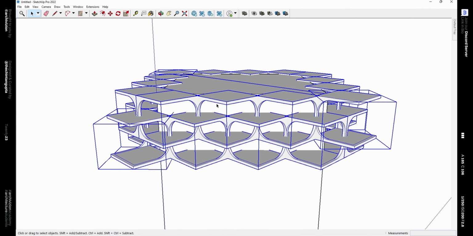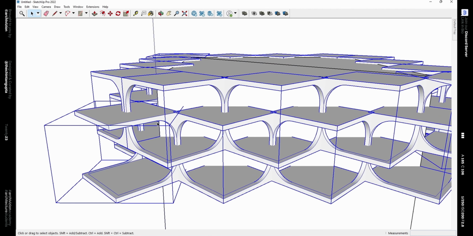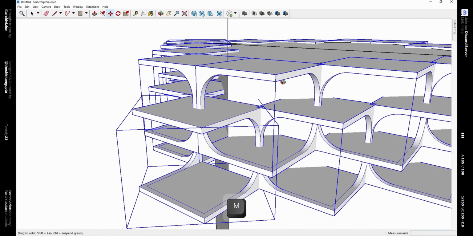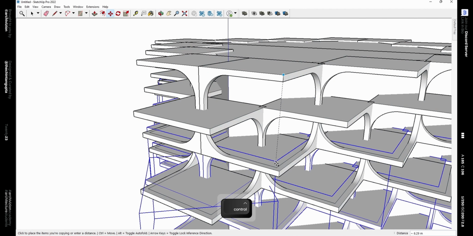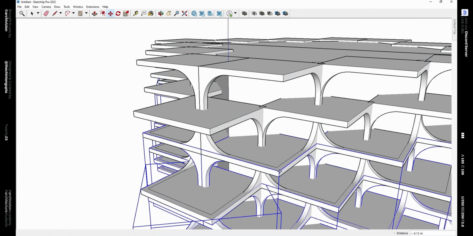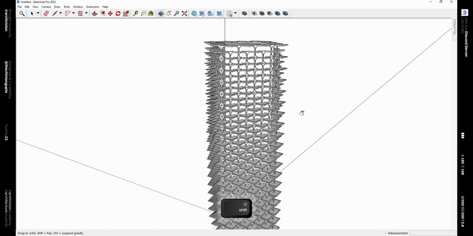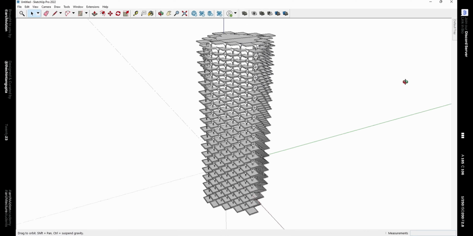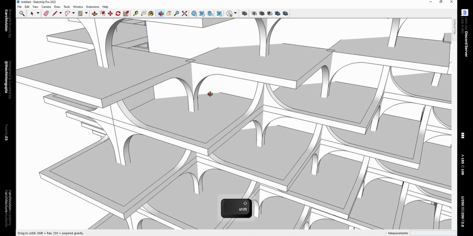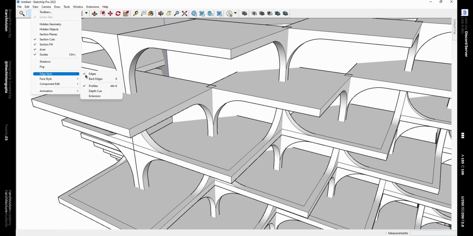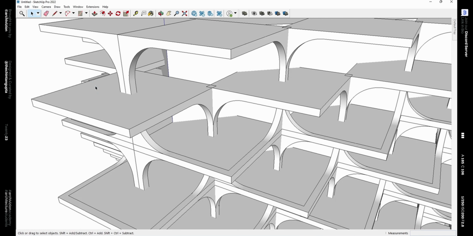Deselect this line we made earlier, and then using the move tool and pressing the Control key, drag a copy of it like this, then type 17x on your keyboard, and the primary form is sort of ready. Now we just need to refine it further. After this, if you start experiencing some lag, you can go to View, Edge Style, and then turn off edge profiles so that it gets a bit easier on your system.